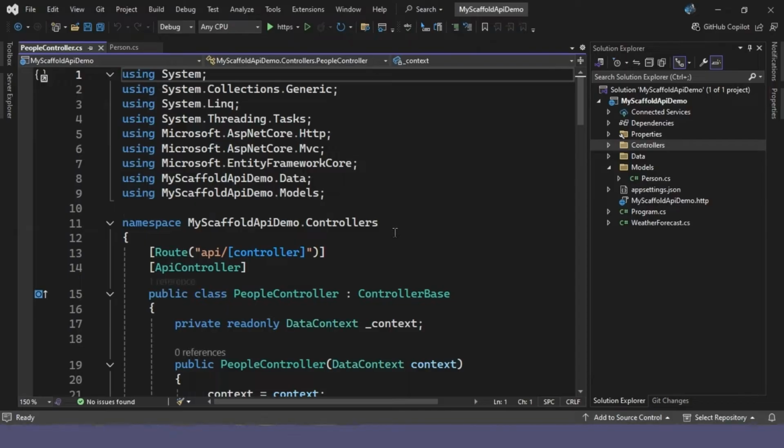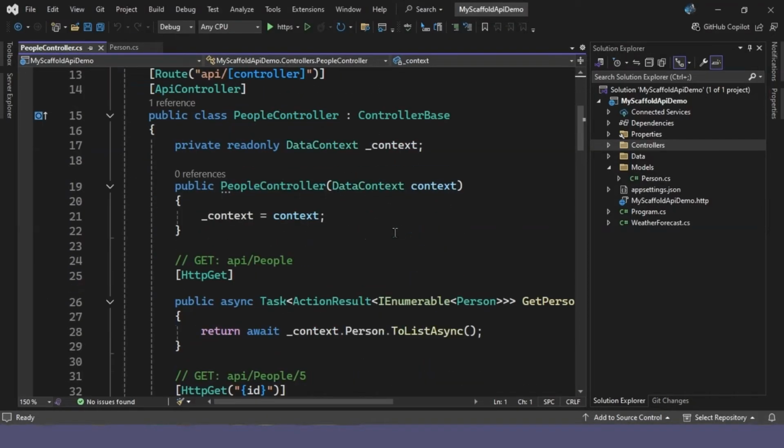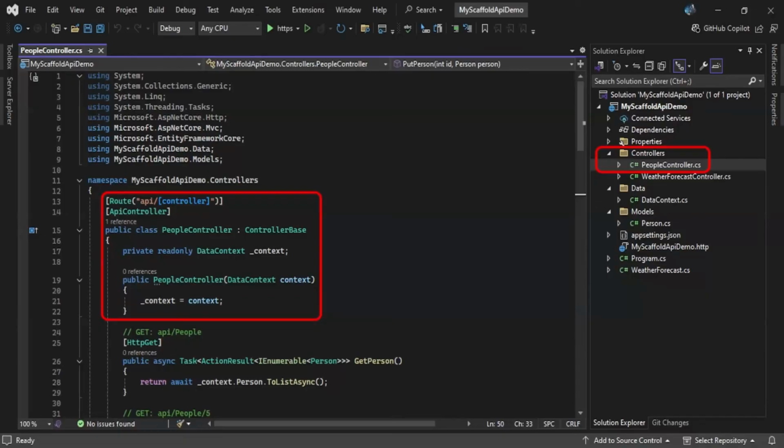We still need our database, but let's first look at what was scaffolded. In the Controllers folder, we find our scaffolded people controller. At the top, we see the default route, and it inherits from controller base. In the constructor, we see it injects the data context, which it uses in the endpoints to perform all the